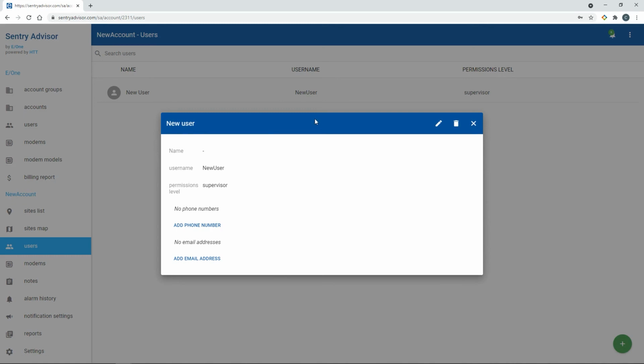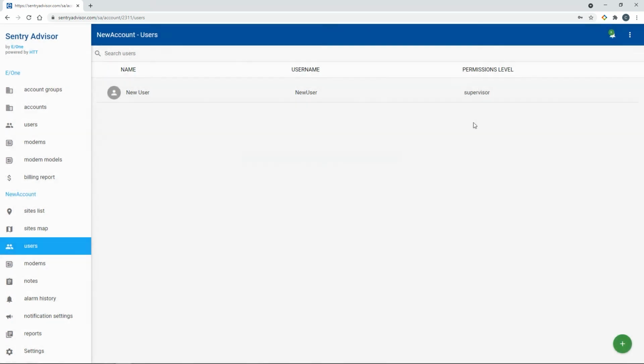you have a new user window that pops up and gives you the ability to add phone numbers, add email addresses, etc. If you close out of this, you don't have to do any of that at the time, but you can. That information will come into play when you start setting up notifications and such. So if you want this user to be able to get notifications, you will have to add in that information. So if I close out of this,